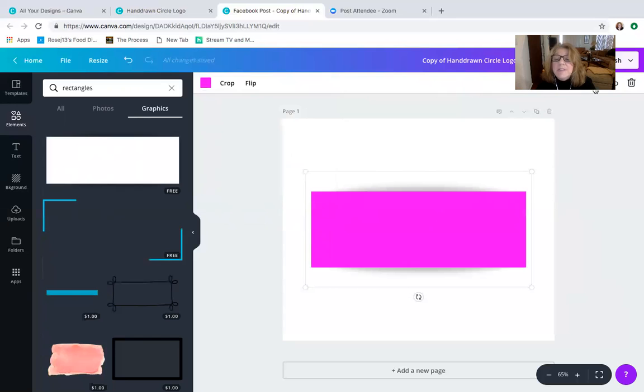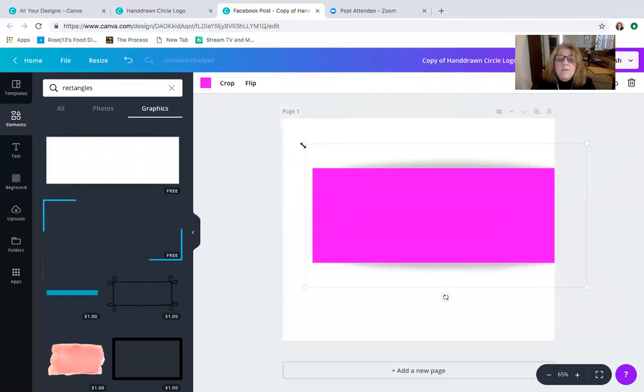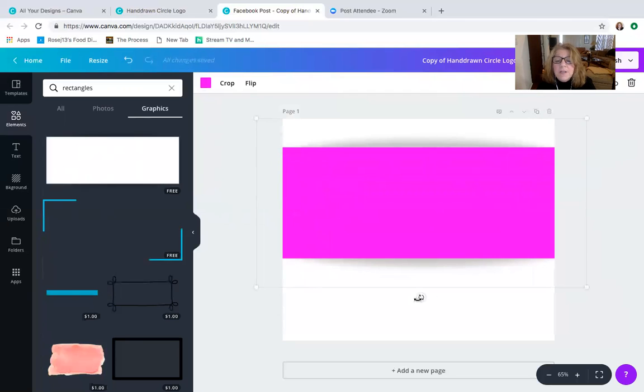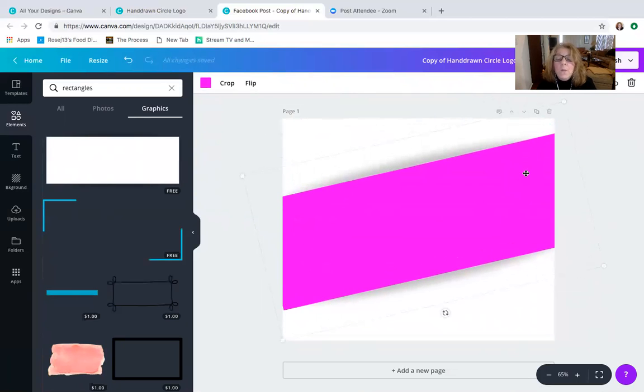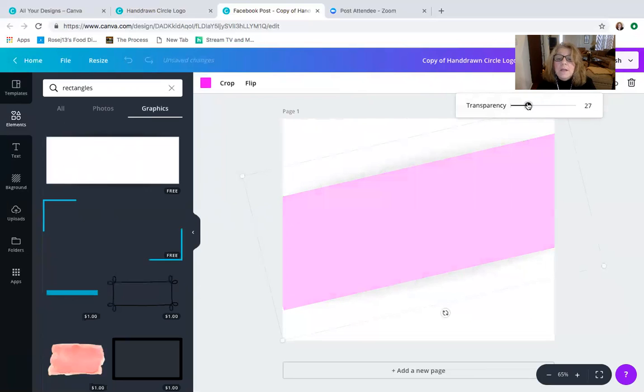The great thing about the shapes is that you can change, if I wanted to make it smaller, bigger, if I wanted to cover the entirety. And then if I wanted to move it a little, I could do that as well. So for example, what I would do next is I don't want it to be so dark because I have an image behind there, which I don't right now. But what you can do, and the transparency, you can create transparency in any design that you do, in any image that you share, in any font that you share. So there you go. So you can see how if I had an image behind there, you'd be able to see the writing more clearly. So just for an example,